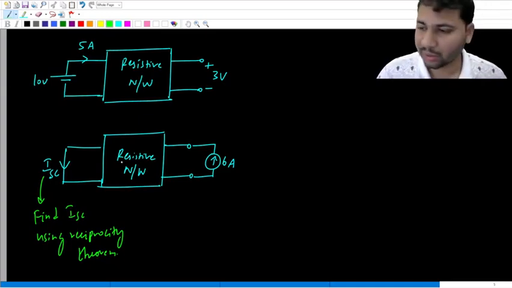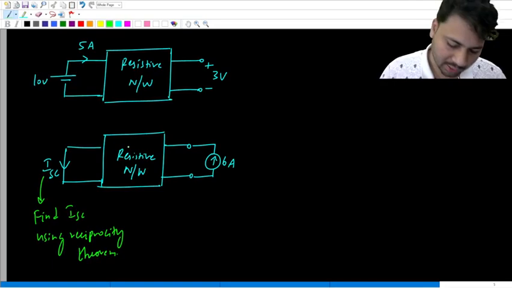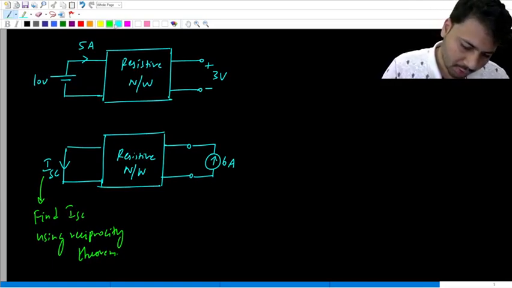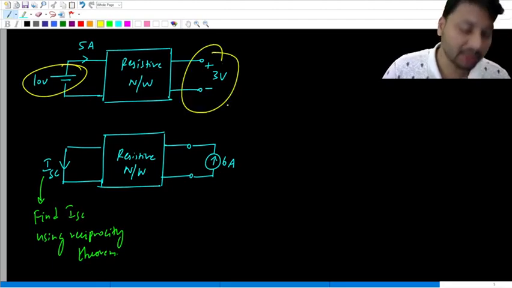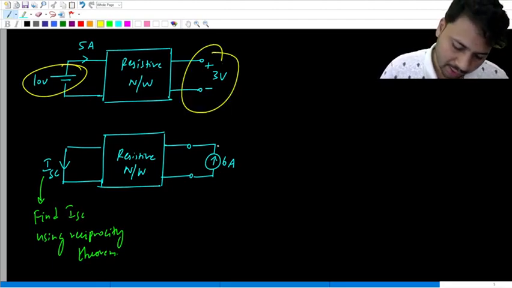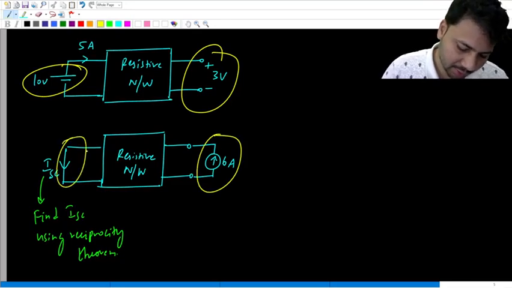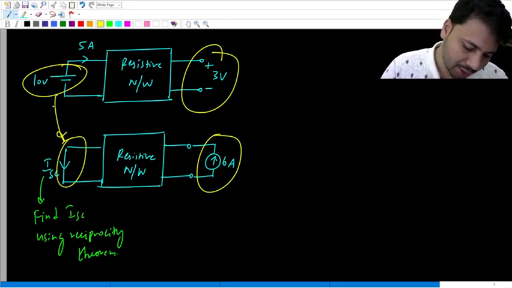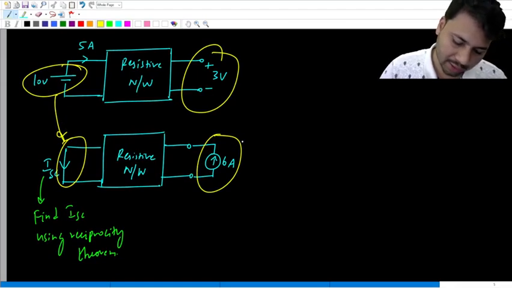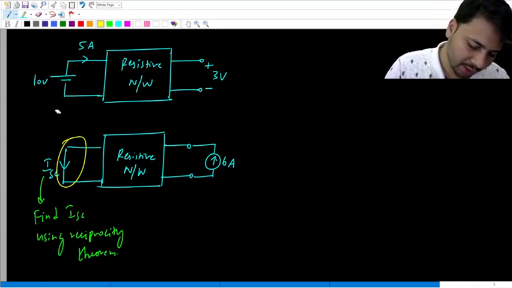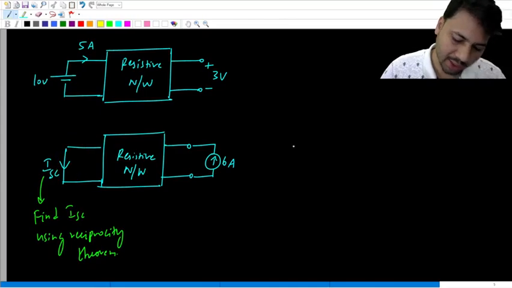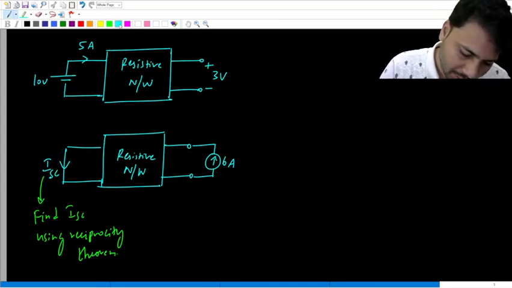So these two circuits are the two experiments that are conducted on an original resistive network. So what could be that original resistive network? First experiment, this side we have a source, this side we have open. Second experiment, this side we have a current source, this side we have a short circuit. In fact, when this voltage source becomes 0, you get a short circuit. When you make this current source 0, you get open. So clearly on one side we have a voltage source, on the other side a current source. So the original network,